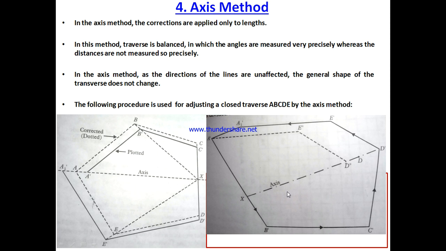In that case, we just need to draw a line A dash E double dash, passing through A dash, and it should be equal to A1 dash E dash. So this E dash A1 dash is what? It is a traverse line which we need to correct, so that this error A1 dash A dash should be 0.